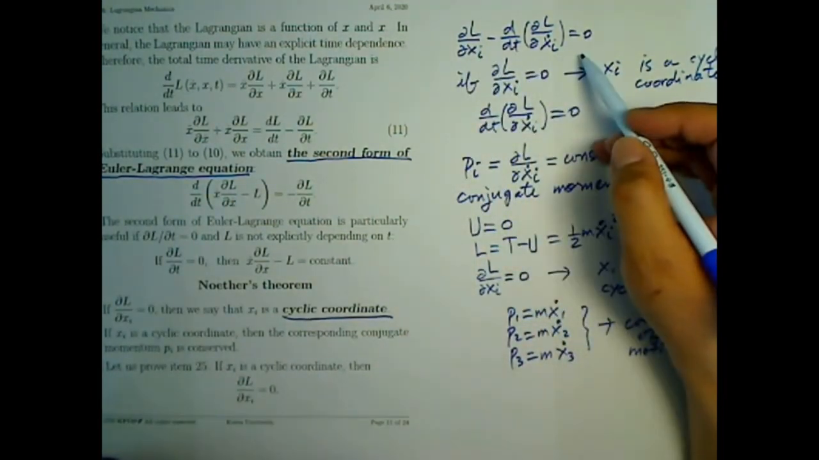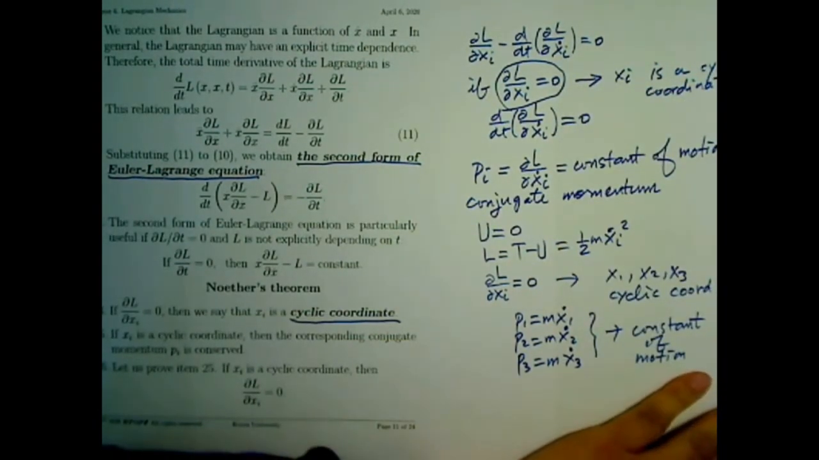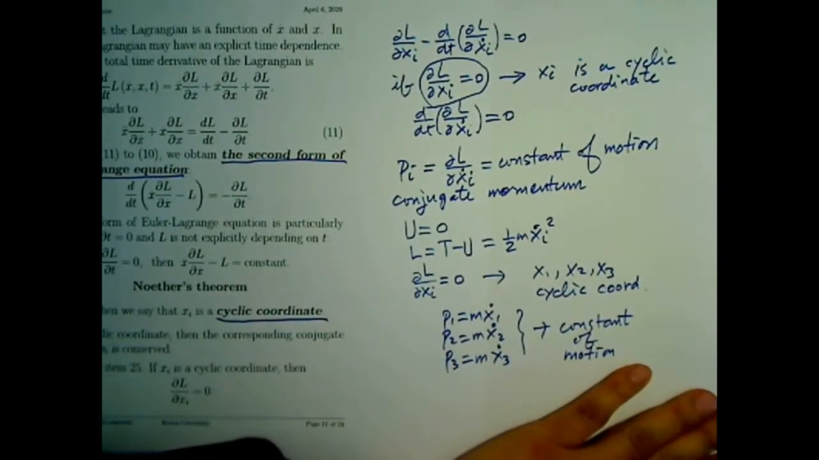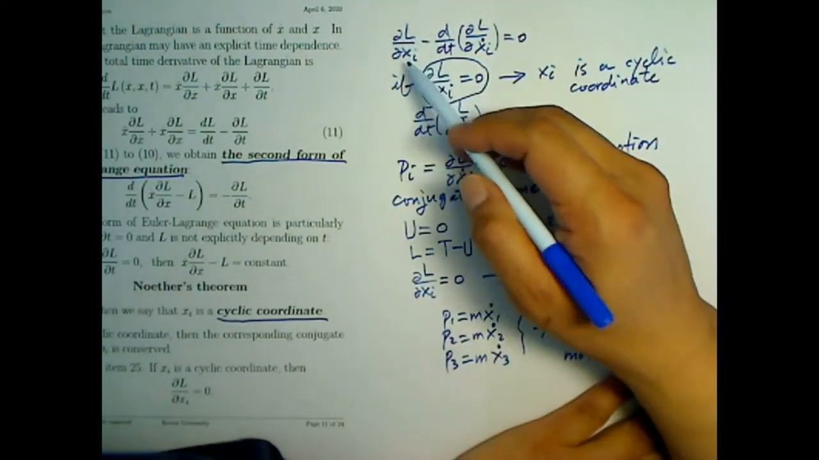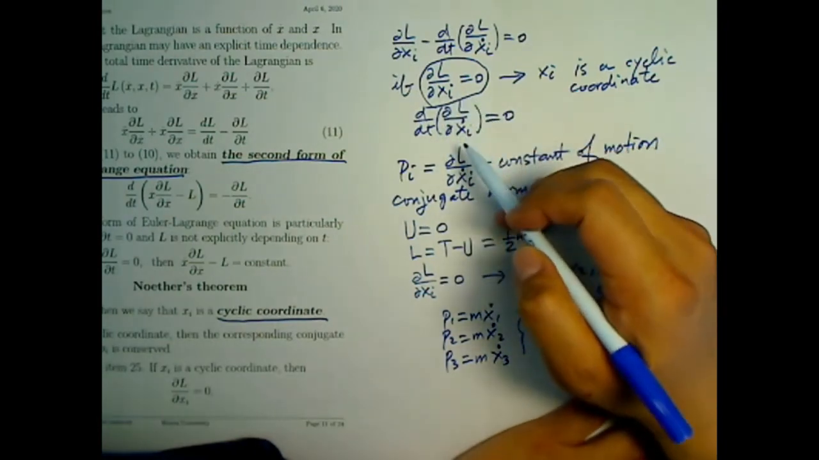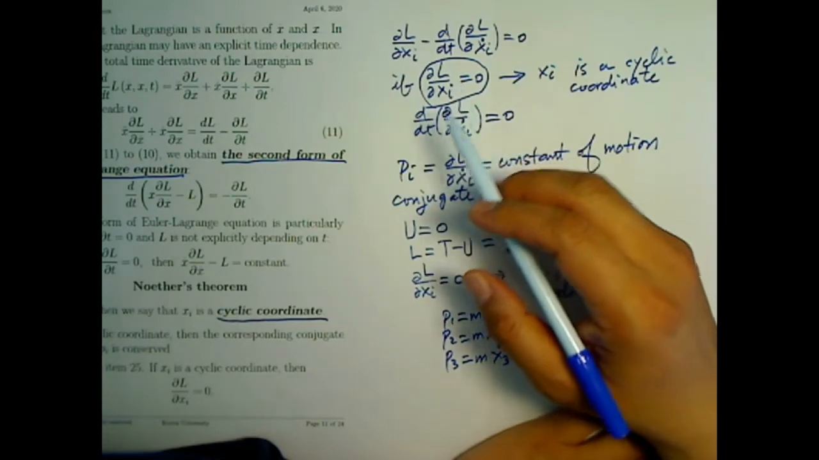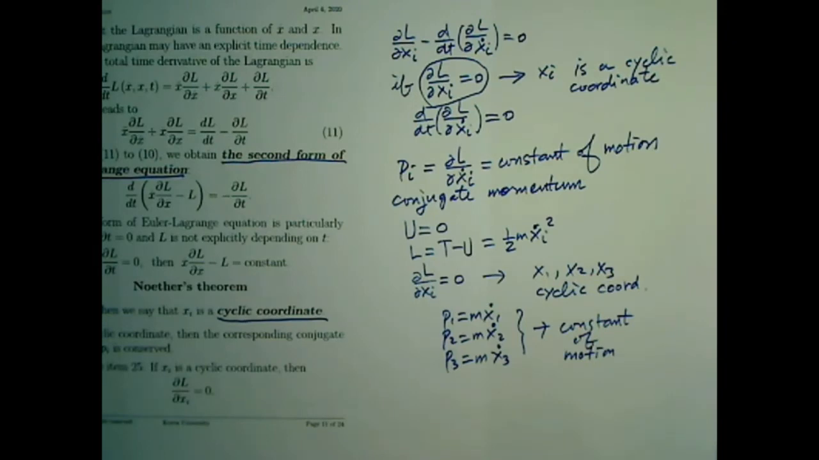This is the Euler-Lagrange equation. If the partial derivative of the Lagrangian with respect to a coordinate is 0, then we say xi is a cyclic coordinate. If it is a cyclic coordinate, then this one is equal to 0. Then the time derivative of this is 0. Actually, this is the conjugate momentum. If the Lagrangian is independent of a coordinate, then that coordinate is called the cyclic coordinate, and the corresponding conjugate momentum is